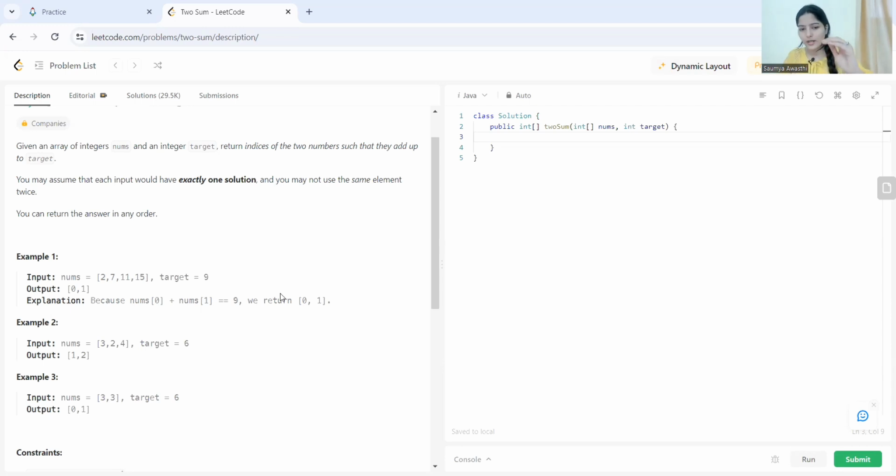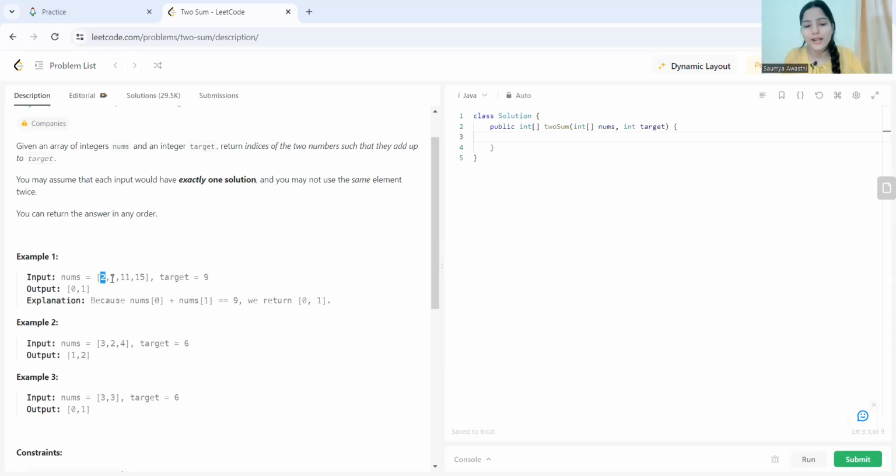So here what we are doing is, the first loop is just to pick one element. Then inside that loop, again a loop to iterate through the remaining elements, right? This is the ith element, and in our inner loop we have certain jth elements, and we are just doing the summation of nums[i] plus nums[j]. That's how we are checking, right?